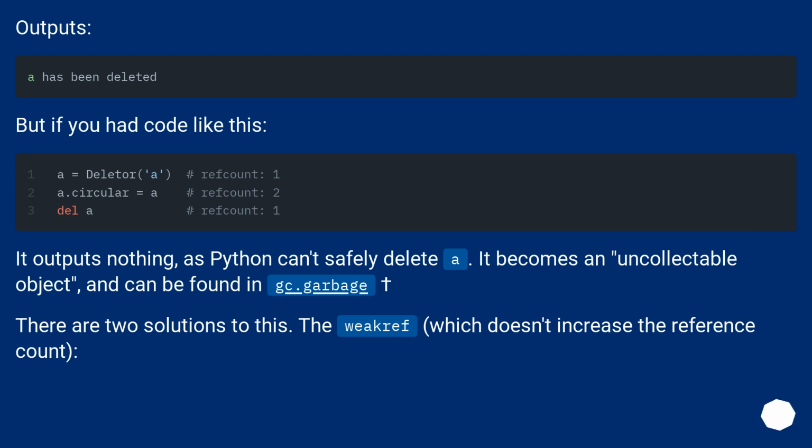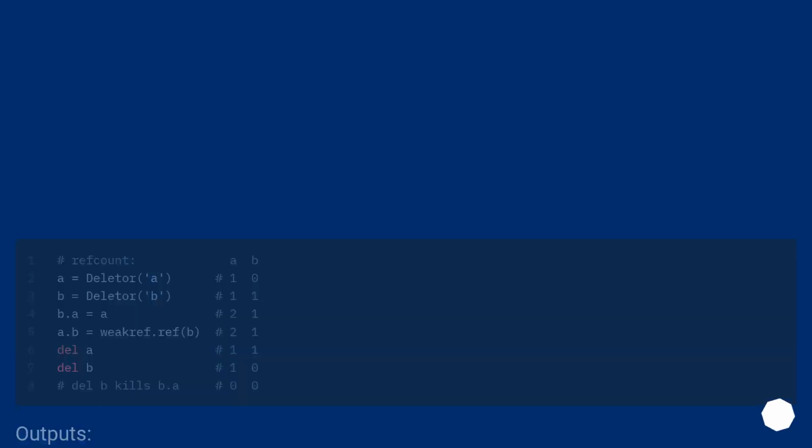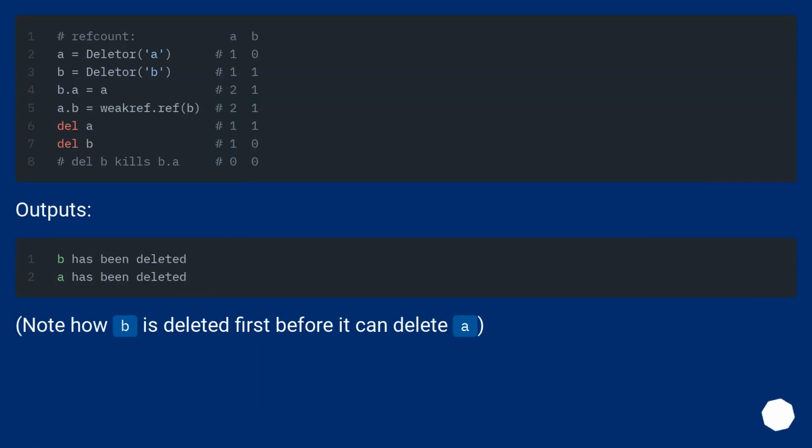There are two solutions to this. The weakref, which doesn't increase the reference count. Outputs.